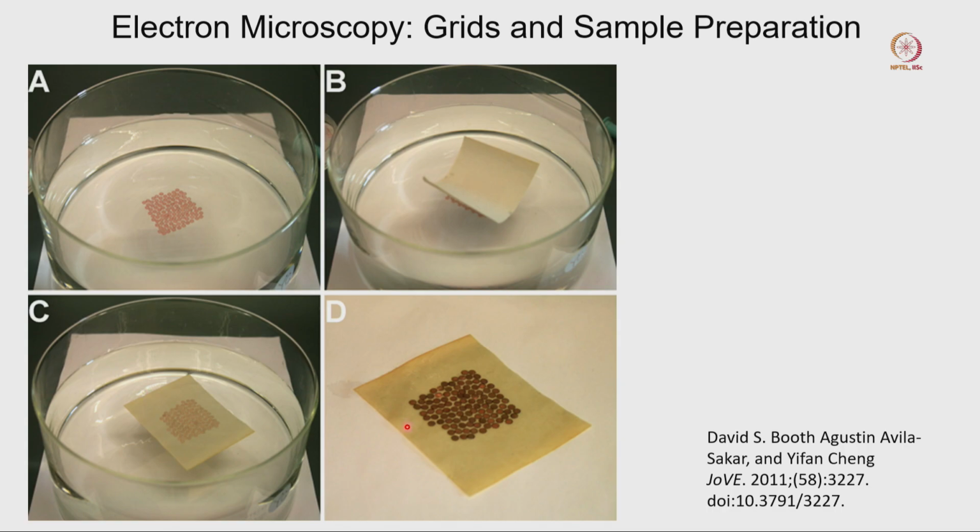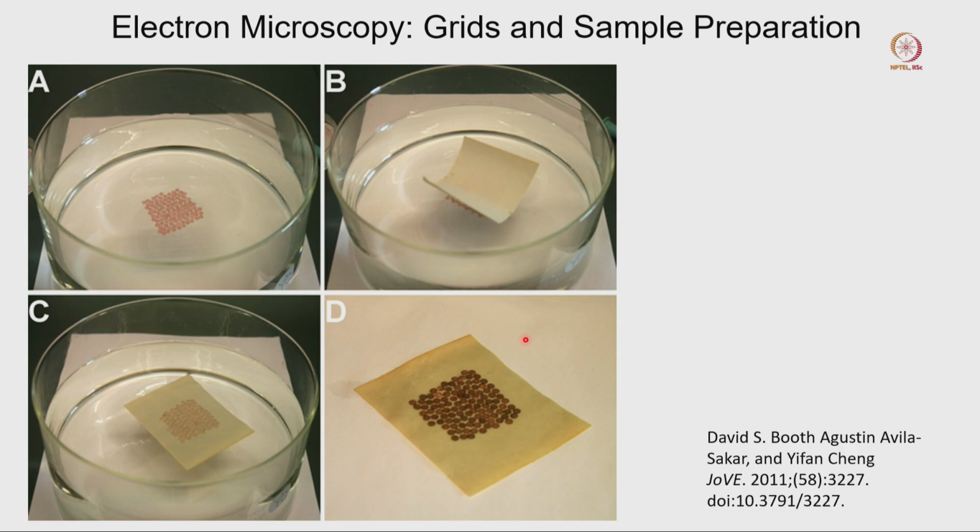So, you need a little bit of practice to do this exercise, but this is how you can coat your grid with some formvar coating. When the grid coating is ready, you can take it for the next step, the carbon coating, because carbon coating is also important. The formvar coating is a very thin plastic layer, as I mentioned previously, and when the electron beam passes through it, it will damage the plastic immediately. So, that is not a very good situation.